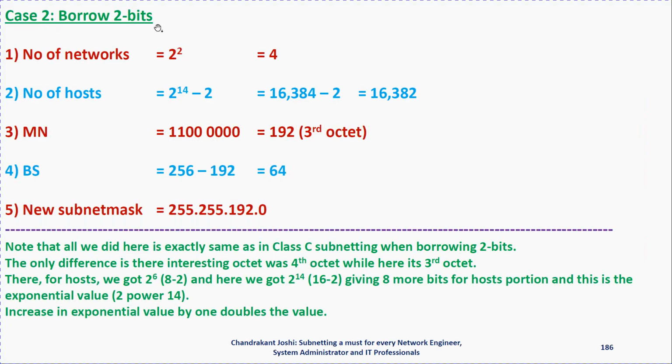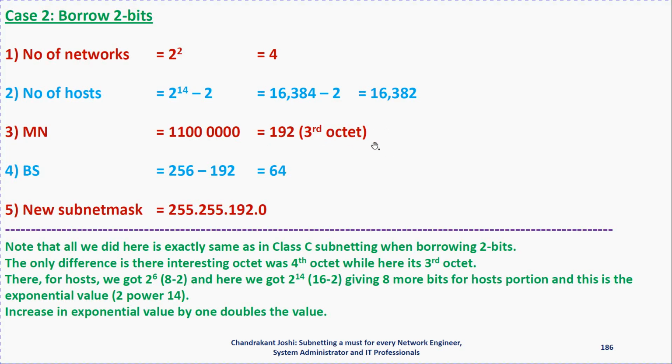Case 2, when we borrow 2 bits, we have got 2 power 2, 4 subnets. The number of hosts will be, there are 14 bits for the host, so 2 power 14 minus 2, and that comes to 16,382. And then find the magic number, because we borrowed 2 bits, so it is